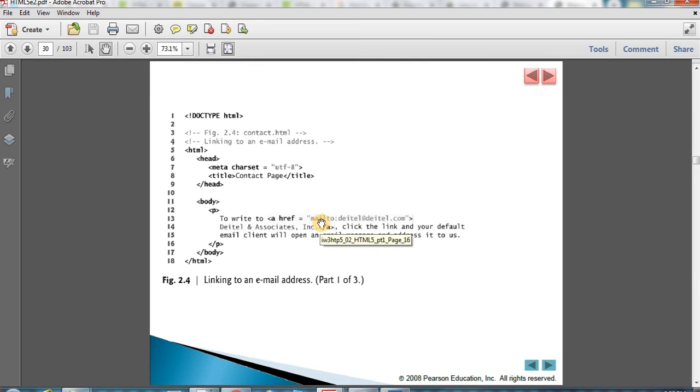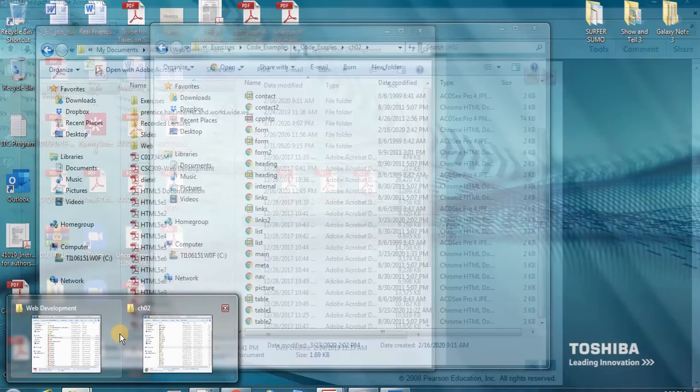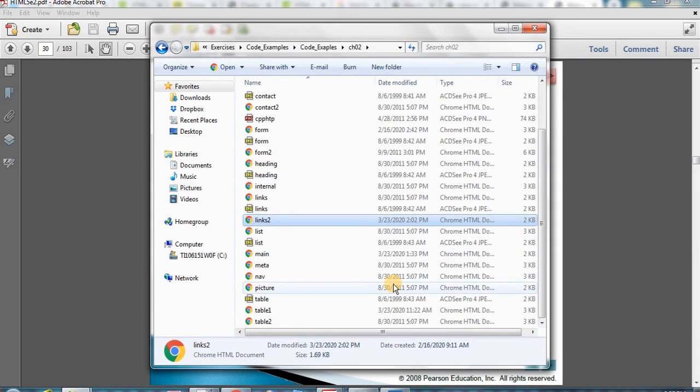So when we say mailto, it means that we are requesting a new email hyperlink, not a web object hyperlink. So we are saying mailto, then a colon, and then we specify the address, which is title@title.com. So we want to send an email to title@title.com. If we execute this web page,